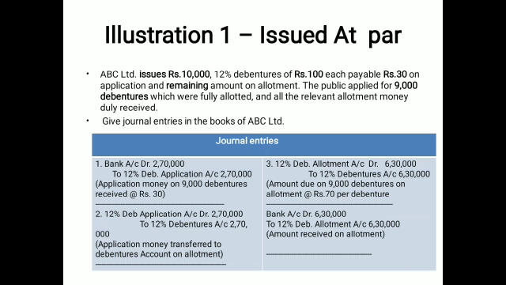Now the public applied for 9,000. So it means issued 10,000 but applied for 9,000, which means the question is of under subscription. When the question is of under subscription, the whole accounting treatment will go according to the under subscribed number. Here 9,000 debentures are there. So all the information is here. You have to pass the journal entry according to issued at par. When the question refers to issued at par, it means we have to pass the entries according to 100 rupees: issued price 100 and receiving price 100.